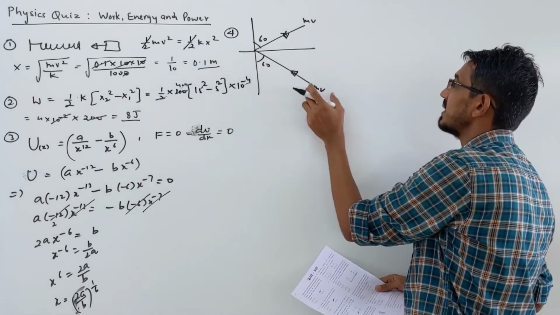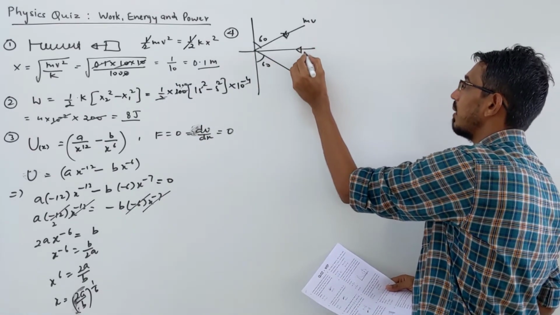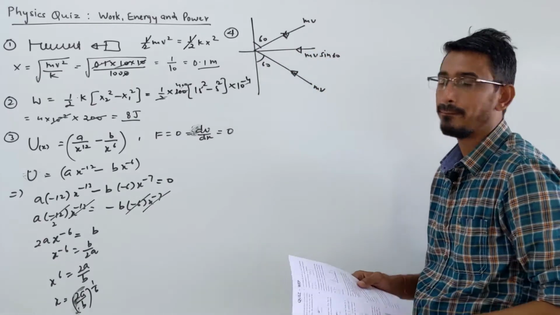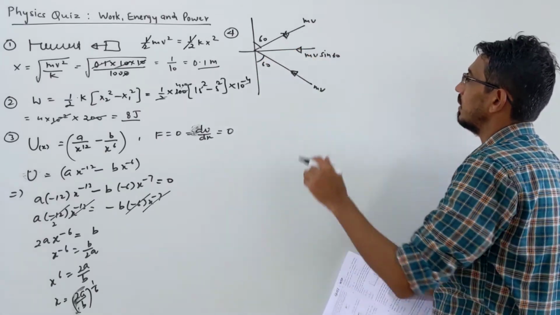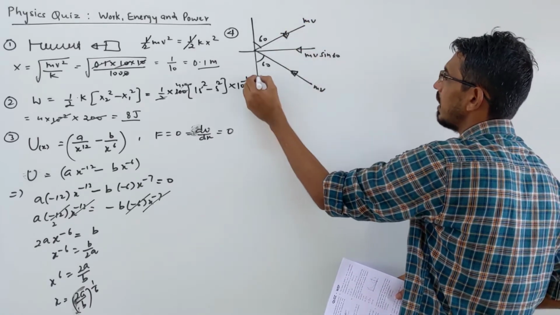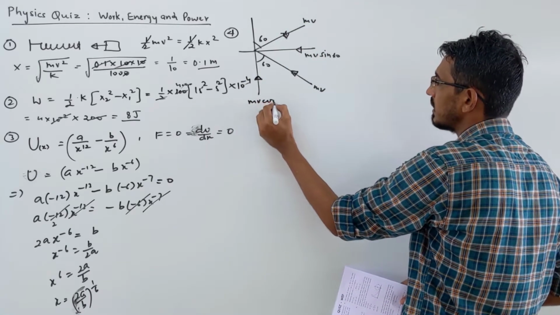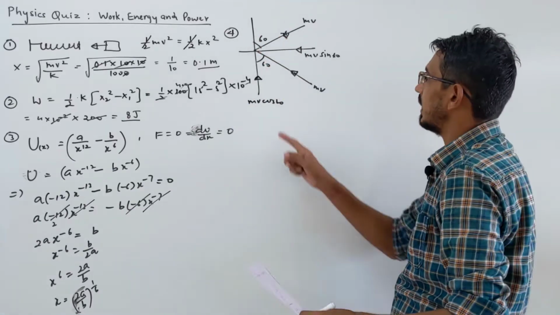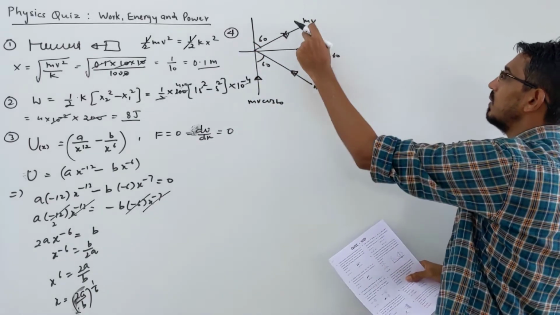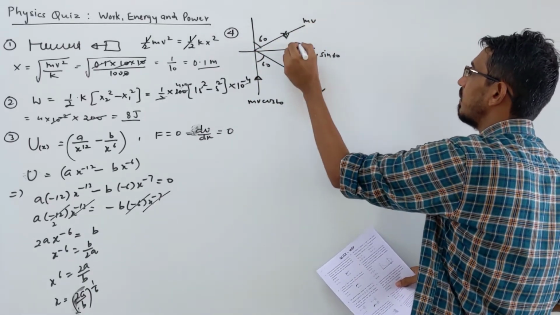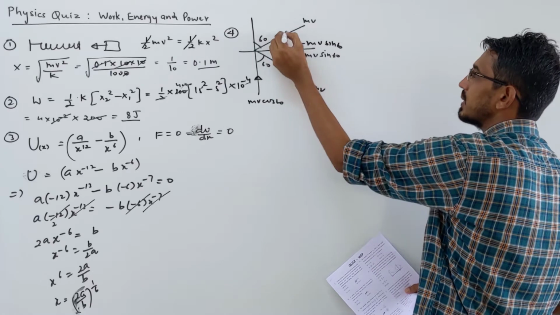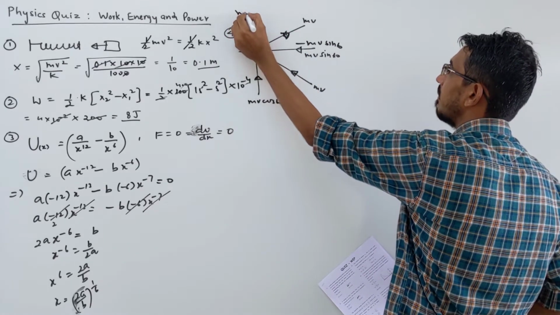So this angle is given as 60; let's write the component of this along the x direction. The component is mv sine 60, right? No problem. That direction we call positive, or you can call it negative, your choice, it doesn't matter. Now the component in the upward direction will be mv cos 60, upward. Here upward you call positive, this direction you call positive, then the opposite will be negative. So the component in that direction will be minus mv sine 60, because that direction has become opposite now. And the component in the vertical direction becomes mv cos 60.